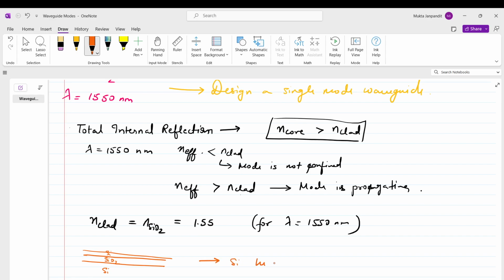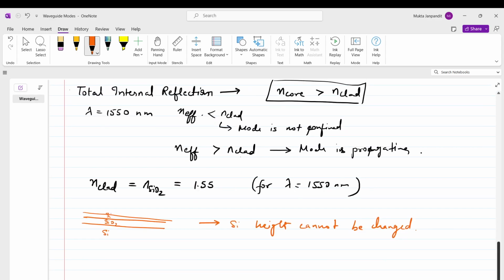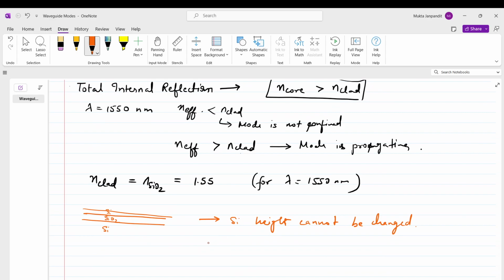So the silicon height cannot be changed. The only thing that we can change is the width of the waveguide.